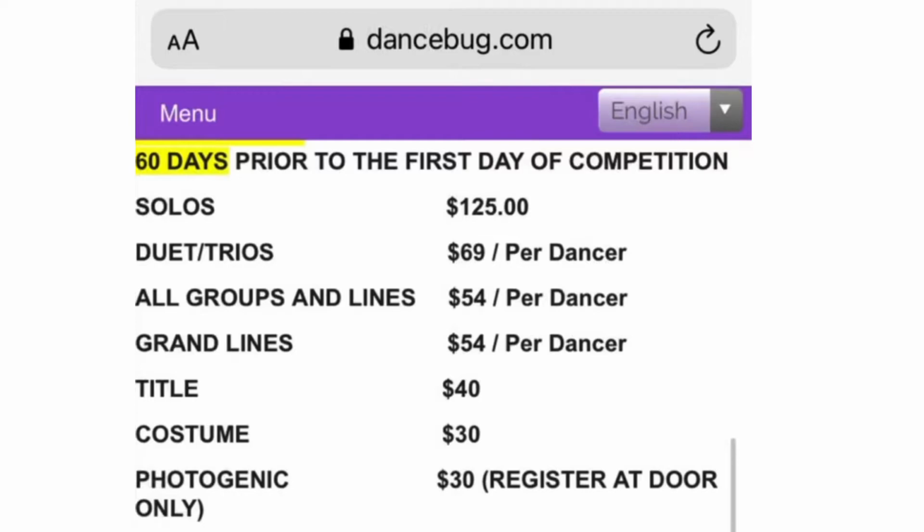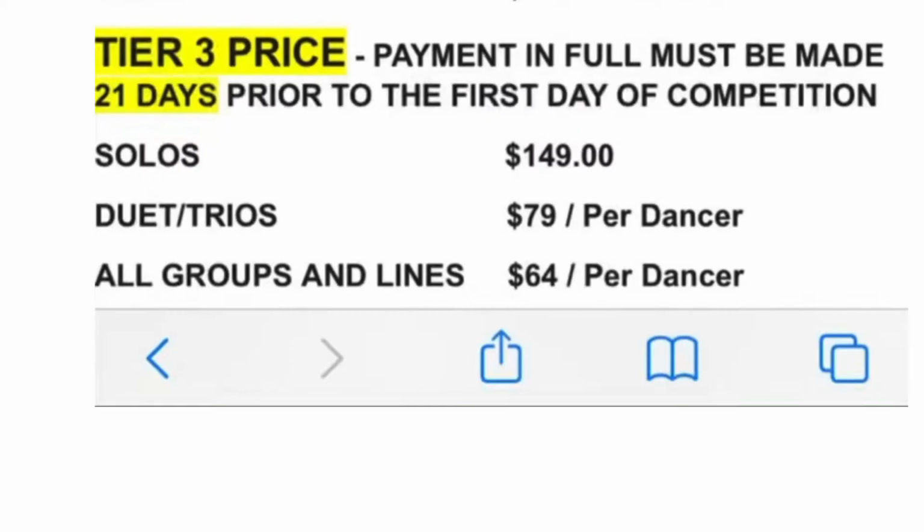So they actually want us to pay that 60 days prior to the first day of competition, but we have it marked as due for 30 days prior to the first competition day. So it is important to try to get that to us as soon as possible. And after that date that we have marked on each transaction, it'll go up to the tier